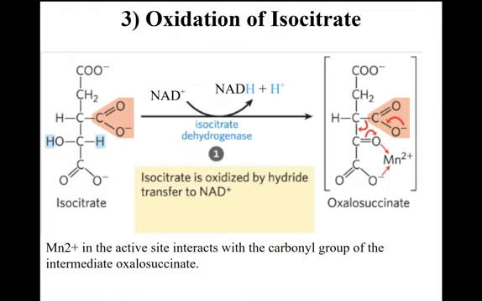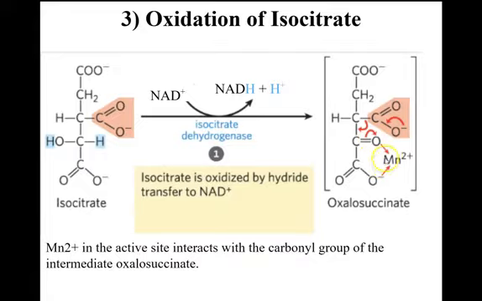And so the third step is the oxidation of the isocitrate. So this is happening immediately. And so it utilizes the isocitrate dehydrogenase, which utilizes NAD plus, which gets reduced and thus can go on and make ATP as an electron carrier. And so with isocitrate, it forms this